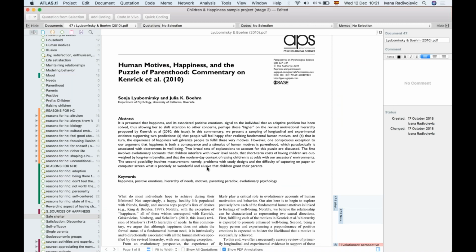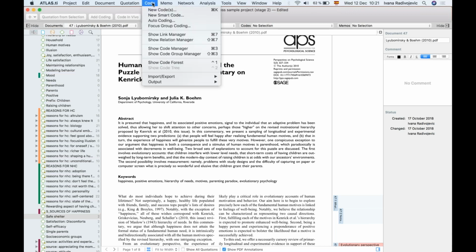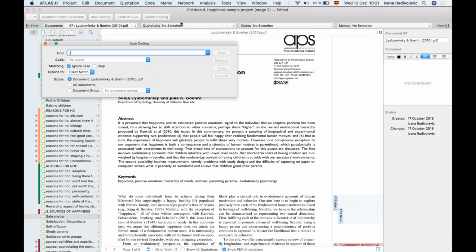So when you want to search for a particular word, you can also take advantage of autocoding. What autocoding does is it'll search for any word that you're interested in, in any text document, and when it finds that word, it'll automatically select a quotation and associate a code for you. We just have to tell ATLAS.ti what size quotation we want, the full sentence or the full paragraph, and what